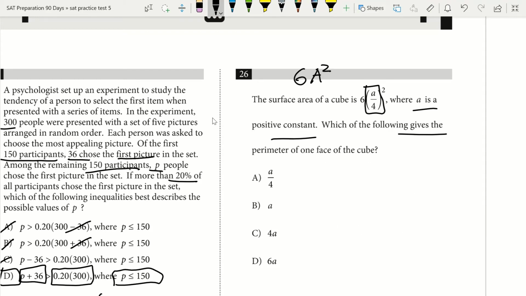Okay, so we've got 6 times the area of each side. So the area of each side is what my surface area is. It's not squared. Okay, that is incorrect. It's 6 times the area of each side. So I can go ahead and get rid of this. So I know then that